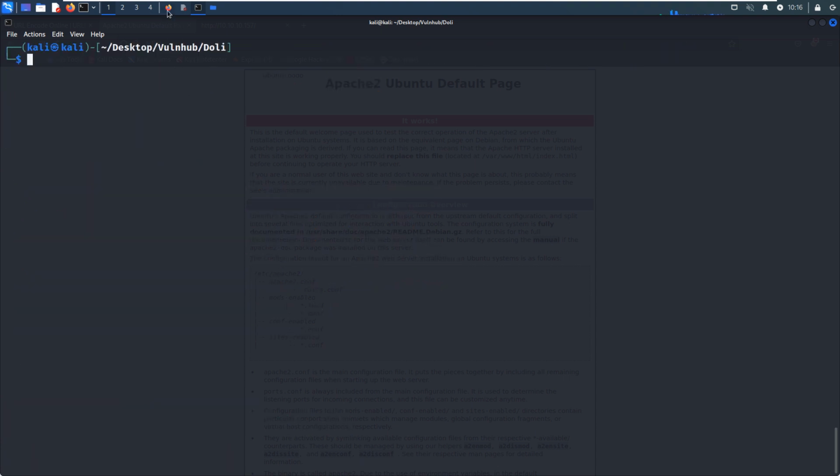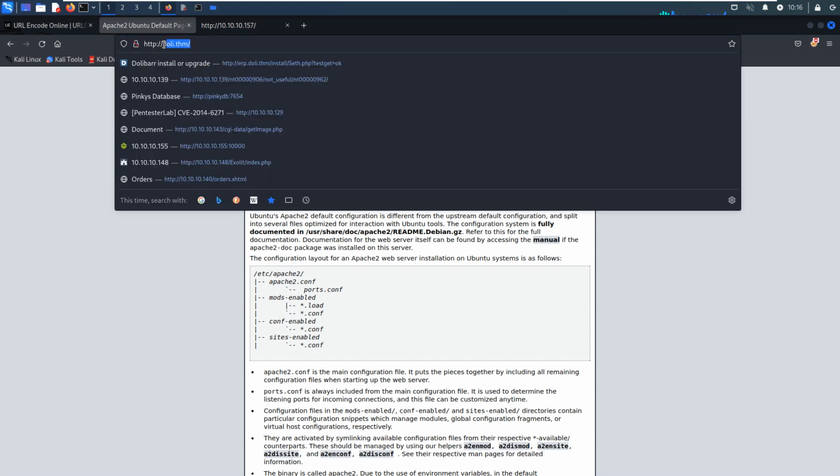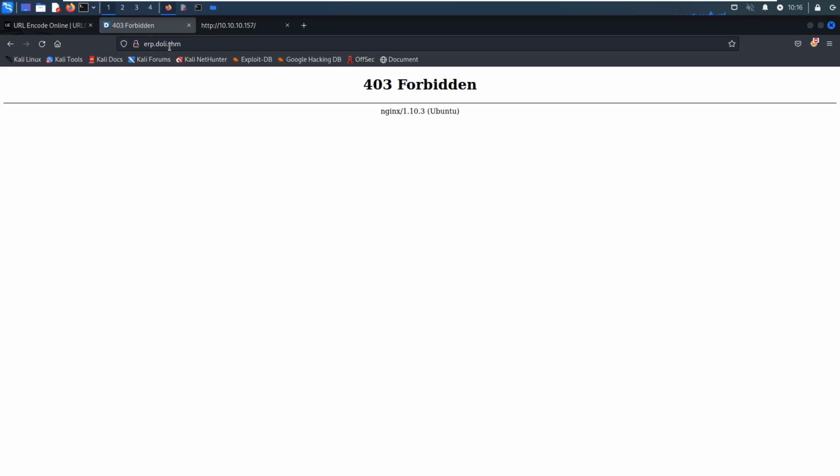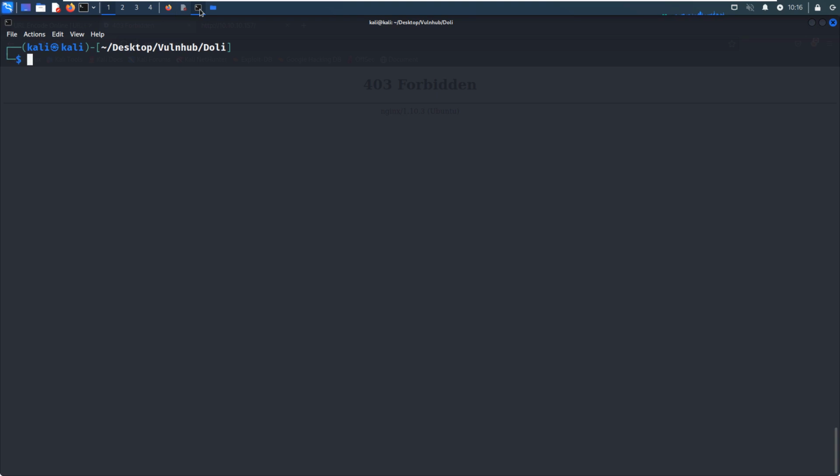So next, we can take a look at this subdomain ERP. However, we got the error forbidden. And next, we need to make a deeper directory enumeration. We can launch GoBuster,